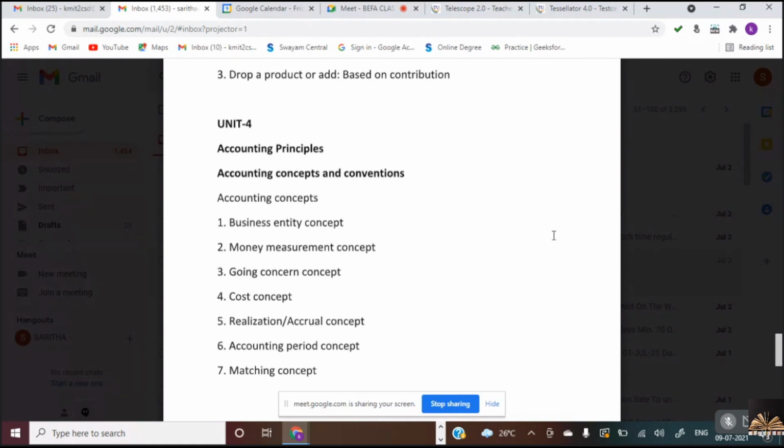Yeah. Now going to the next 6th concept, accounting period concept. What do you mean by accounting period concept? Each and every accounting period should have a limited time to evaluate the performance, to close the books of accounts and see what is the financial position, what is the profits and so on. So it's very important to decide what that accounting period is. Normally, 90% of businesses go with financial year. When does the financial year start? 1st April. 1st April to 31st March, isn't it?